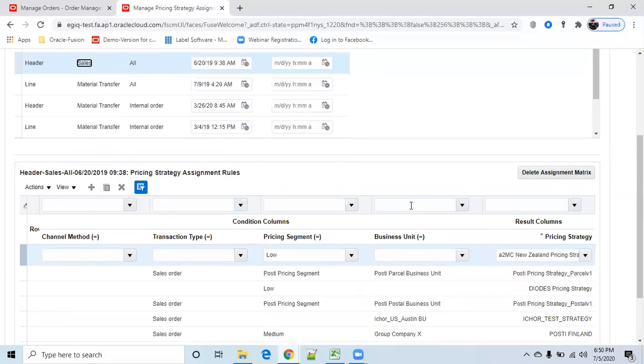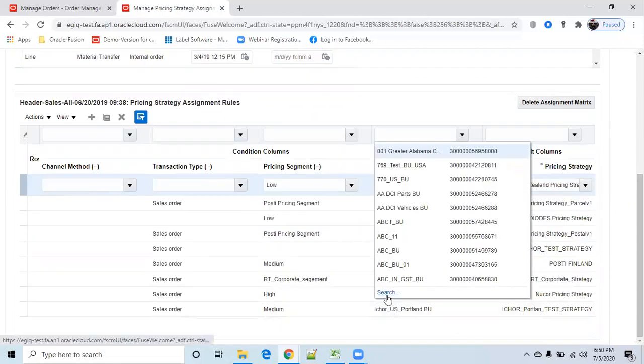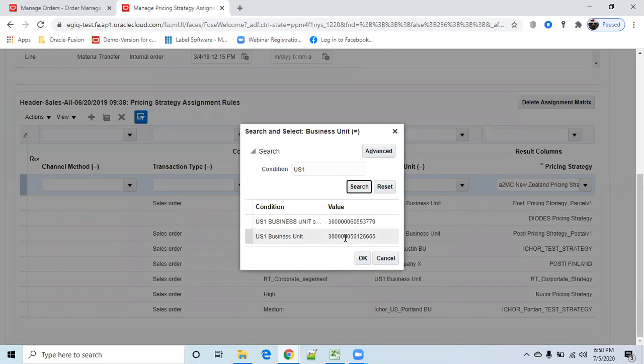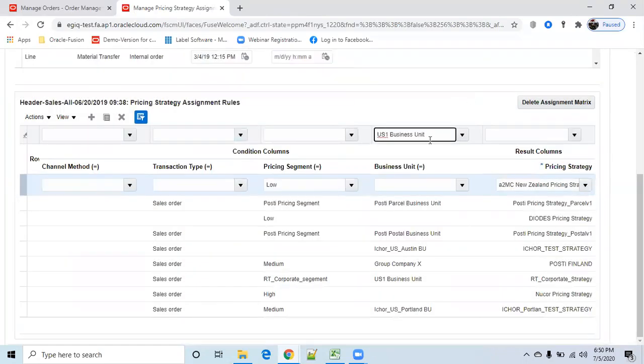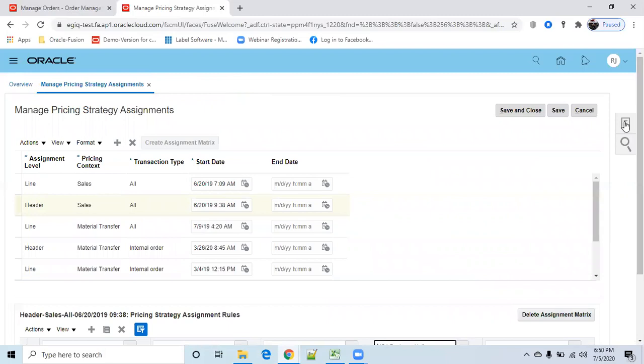My BU is S1 BU. S1 BU. Click on search. Yeah, RT transaction, RT corporate, and even segment also.